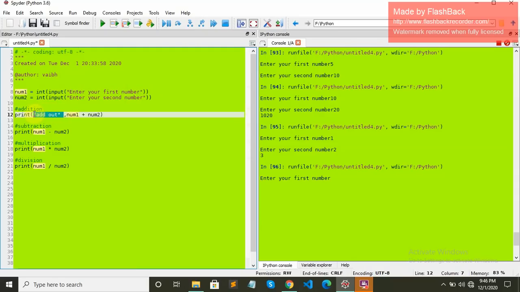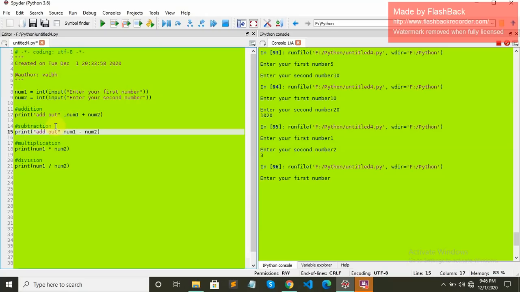Similarly we can have sub for subtract, and it is for multiply.